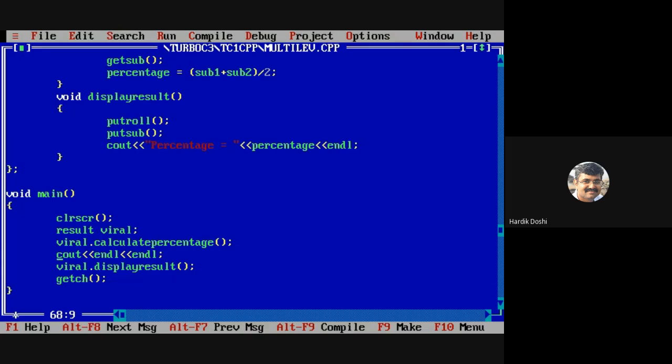Calculate percentage and display result. Void main doesn't know what is get sub, put sub. Void main doesn't know what is get roll, put roll. Because these two functions, calculate percentage and display, are of Viral object, and Viral object is of which class? Result.